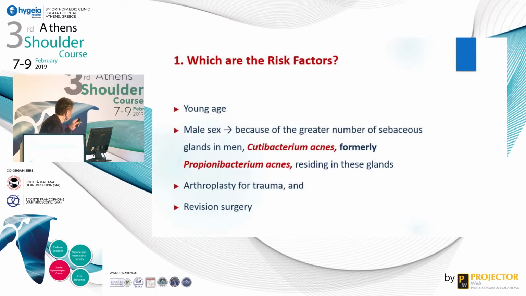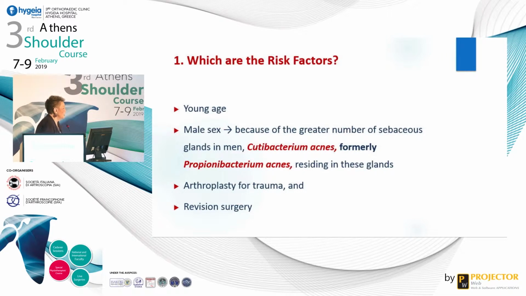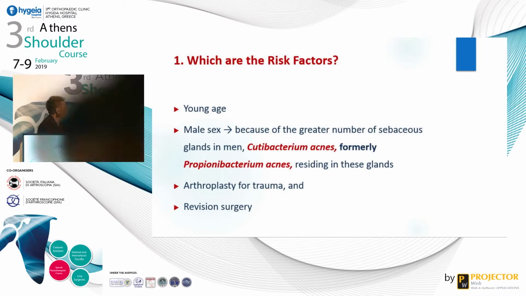Which are the risk factors? We already heard from the previous speaker, but particularly for the shoulder, it's young age and male sex. Why? Because of the greater number of sebaceous glands in men. Cutibacterium acnes, formerly Propionibacterium, you will find in your literature, resides in these glands. Other factors are arthroplasty for trauma and revision surgery, and of course several underlying factors